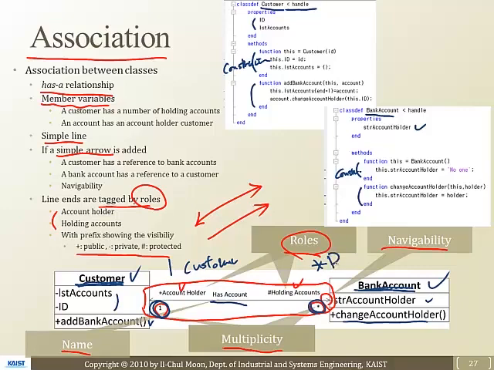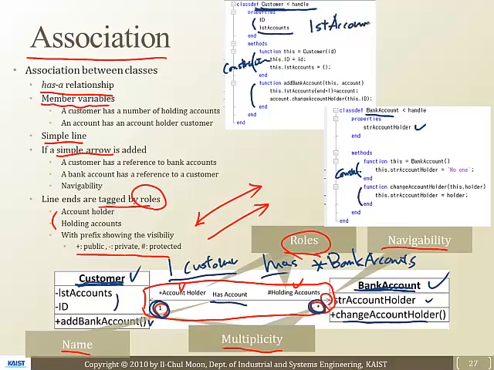So many bank accounts, okay, and has-a relationship. What this means is that a single customer class has a list of accounts,